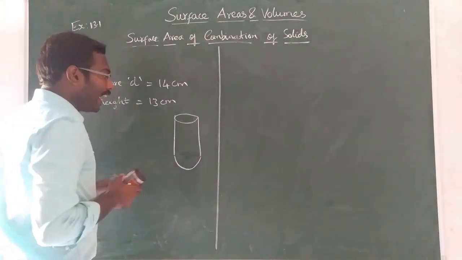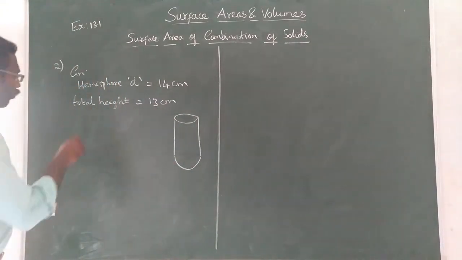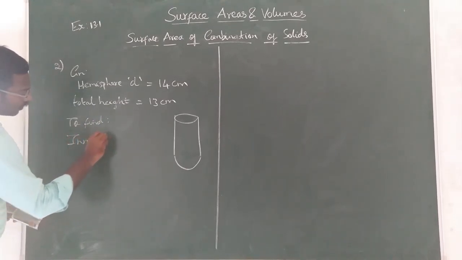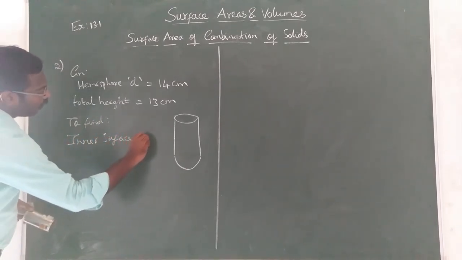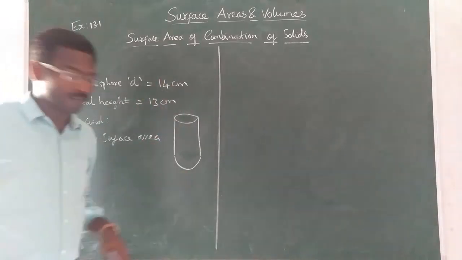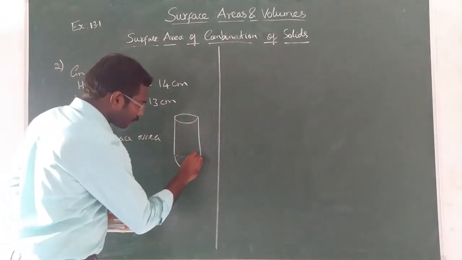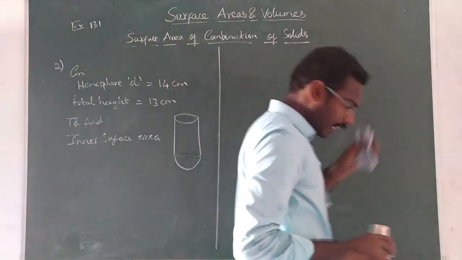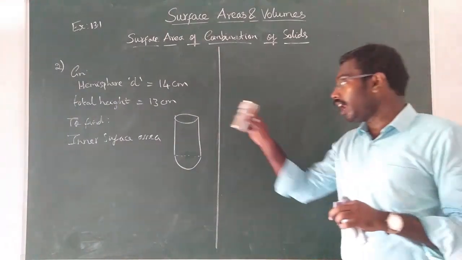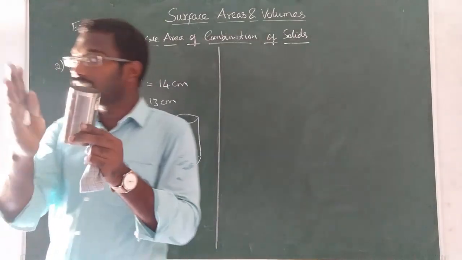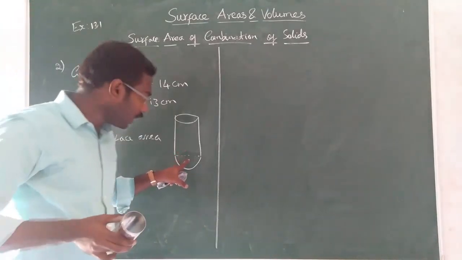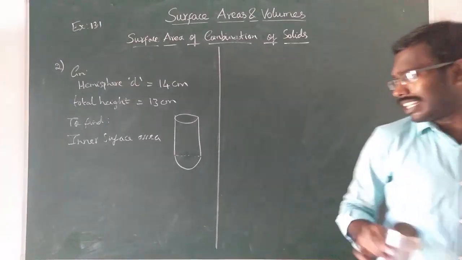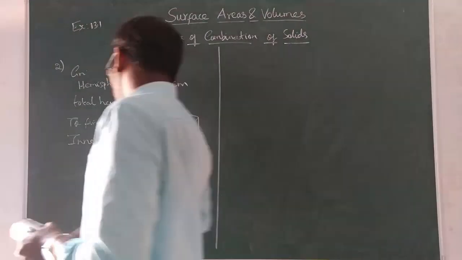You want to find the inner surface area of the whole vessel, which means it includes a hollow hemisphere as well as a hollow cylinder. Understood or not? So always listen, hollow cylinder means it covers curved surface area only. Hollow hemisphere also covers curved surface area only. But first, let us consider the formula.